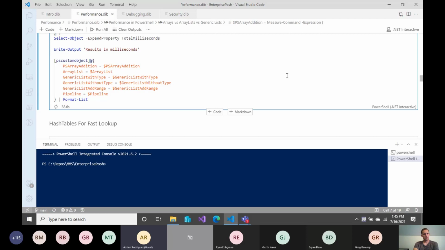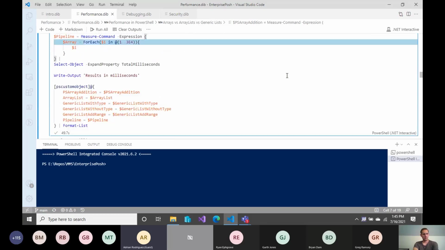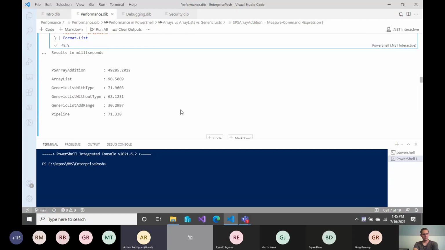As some of you may be aware, the standard PS array addition, that is the plus equals assignment operator, is by far the least performant option when it comes to creating and adding to arrays. So here's the results. Markedly different, markedly slower, many milliseconds. And then the rest of them are